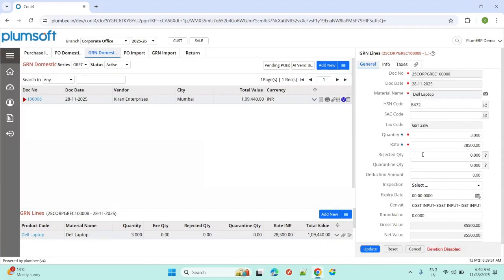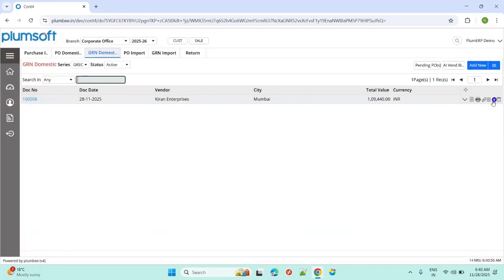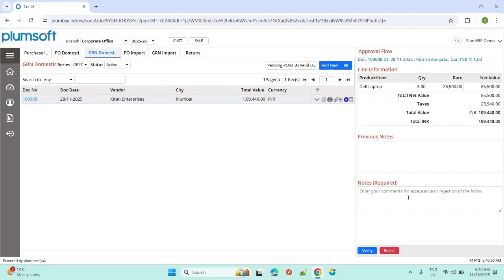Here in the line item, we can have all the details. So actual quantity received is 3 at the rate, and rejected. If any quantities are rejected, we can enter it here. So inspection is done, accepted or received relevant information. So now the process of